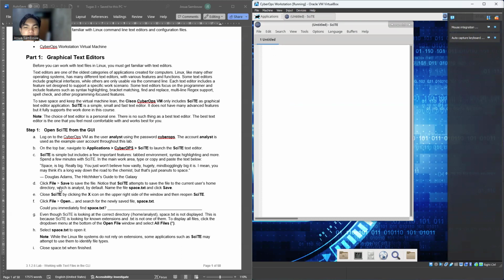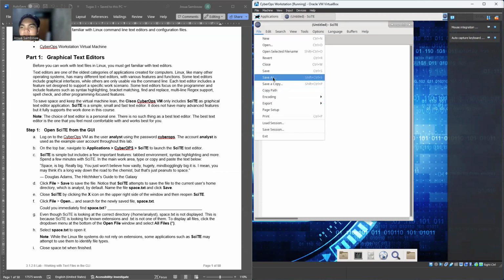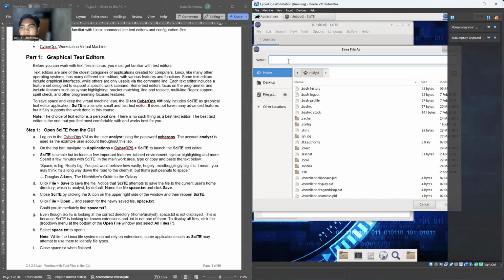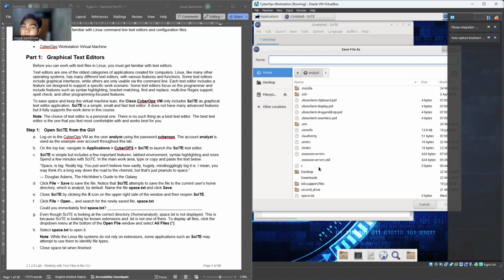Okay, and now we have to click file and then click save. In this case, we have to change the name, or put the name is space.txt, but I already tried, and here is the file, space.txt.